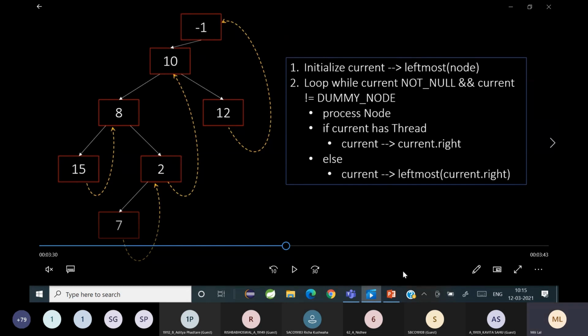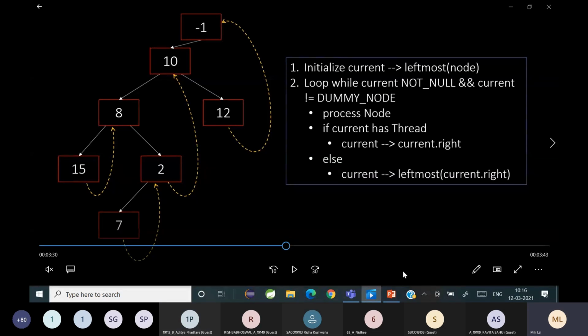No, ma'am. Doesn't have a thread. Current is set to the leftmost of current right. मतलब 8 का right node का leftmost node वो कौन सा होगा? 7. That means now current is equal to 7.